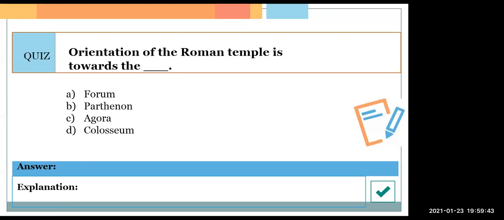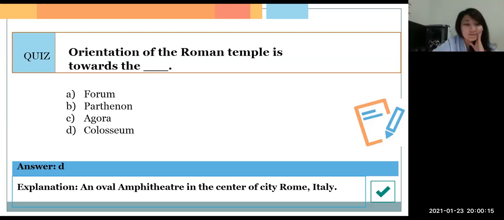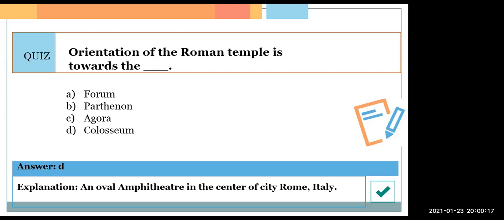What is the Colosseum? Does anybody know what the Colosseum is? You've all seen that movie with this guy, right? 300? Okay. The Colosseum is the one where they used to have gladiators. You've seen the movie Gladiator, right? The Gladiator was pictured around the concept of the amphitheater, which is the Colosseum, which is in Rome.